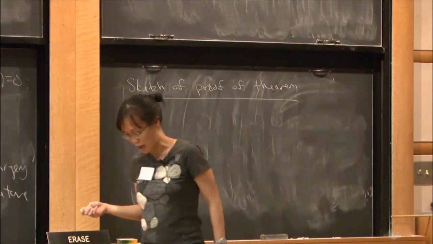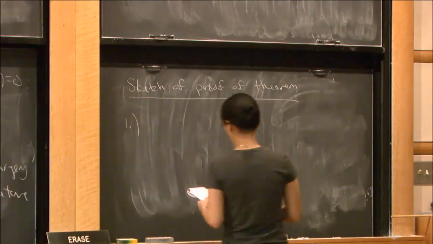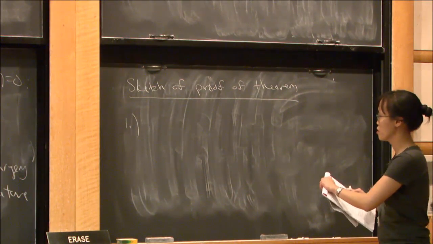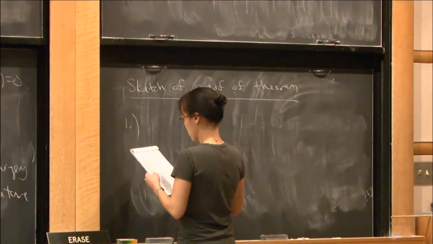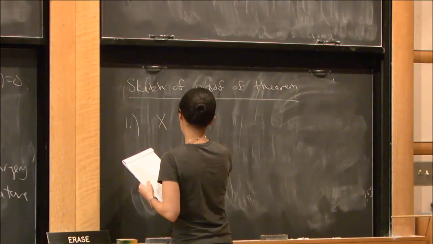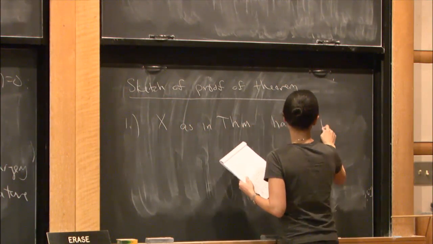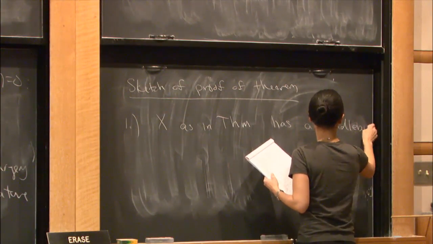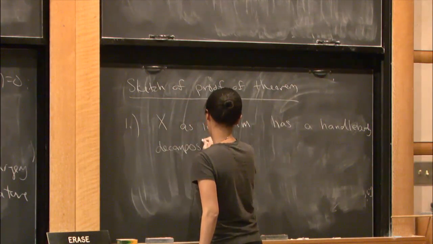So the first step is that, well, if you have a four-manifold X that satisfies the hypotheses of the theorem, so simply connected, geometrically simply connected, positive definite, B2 plus at least 2. So X, as in the theorem, well, it has a handle body decomposition